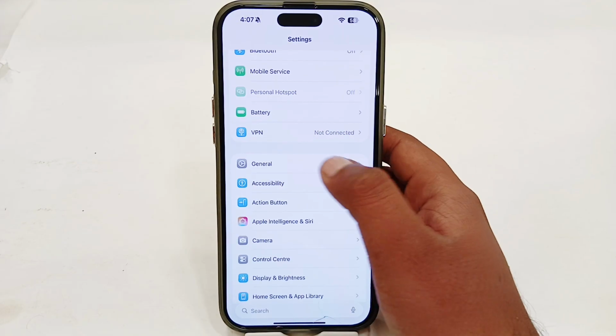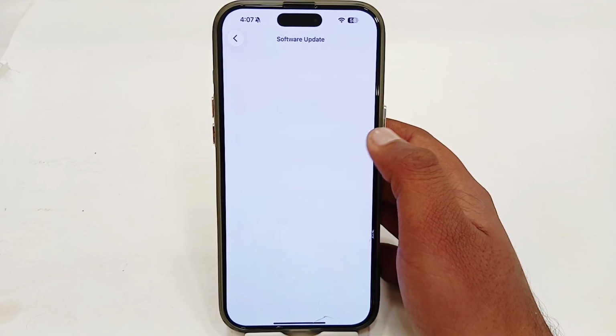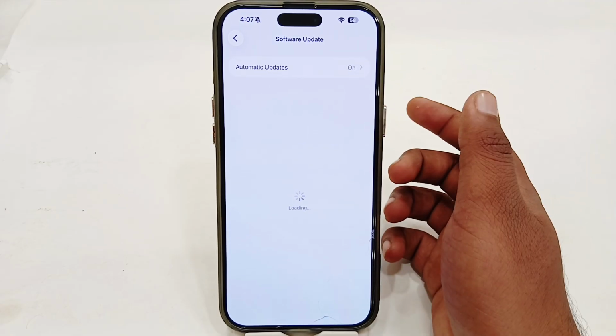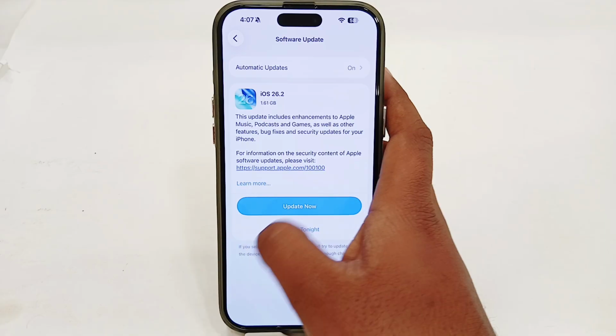Now in Settings, just go to General and here go to Software Update. Very first, you have to try to update your software. If there is any pending update, it will be updated, and after that you just have to go back